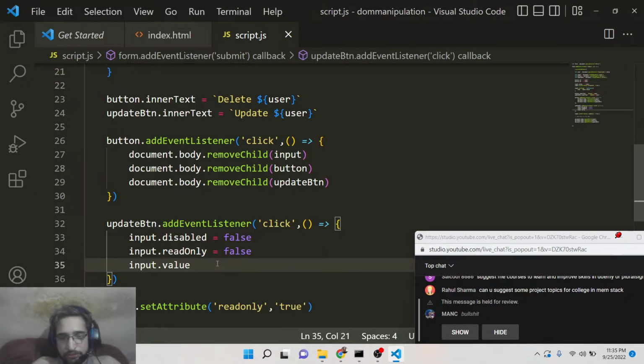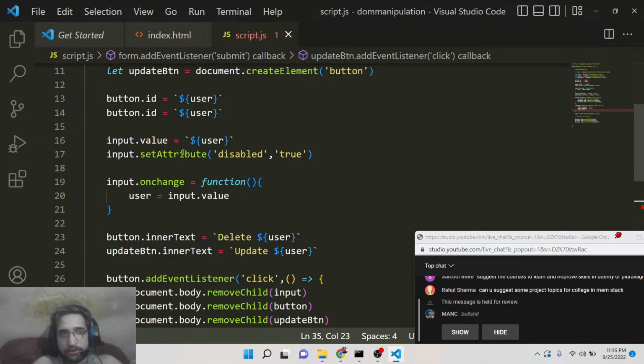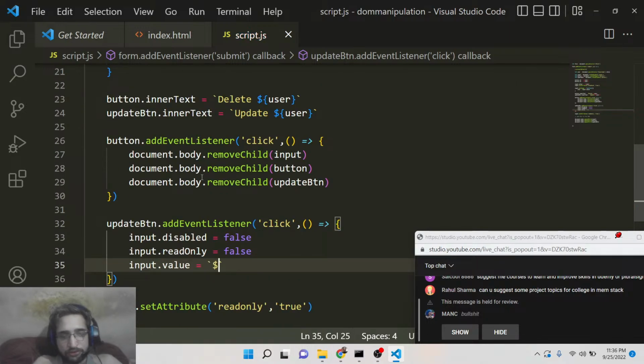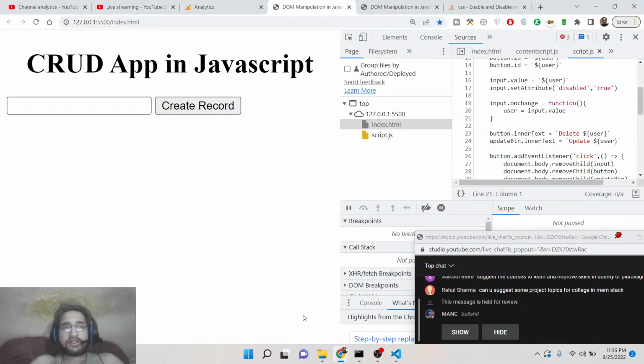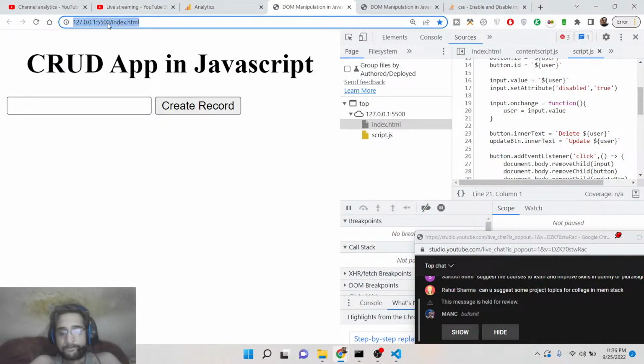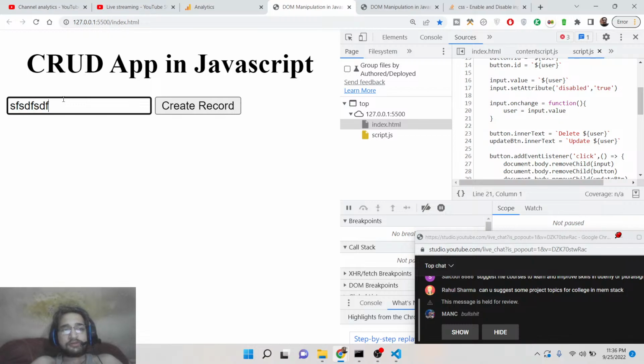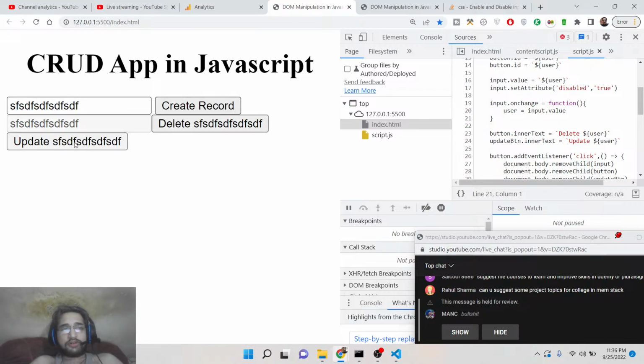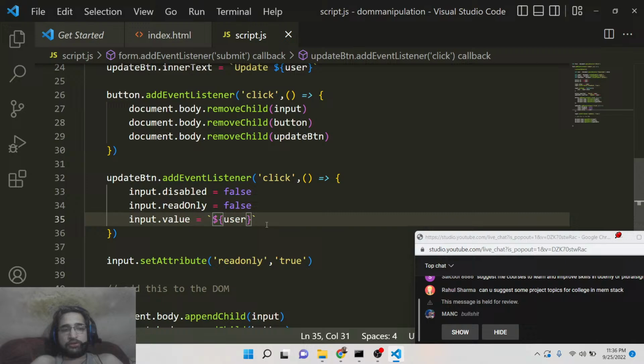Now we can simply attach input dot value to be user. Now if you see, guys, click, if you want to change the value to Kane, click again update. So you will see,